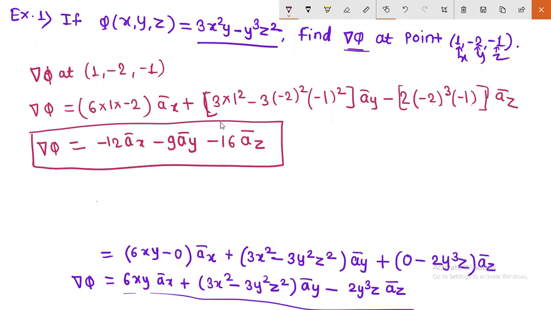Here you have to only put values. Whatever point is given, just identify in which coordinate system the point is given. Whatever be the phi, the same point will be mentioned there. If they are giving the cylindrical system, there will be one angle. If they are giving the spherical system, there will be two angles. So remember, you can identify the system if the point is given in any coordinate system here.